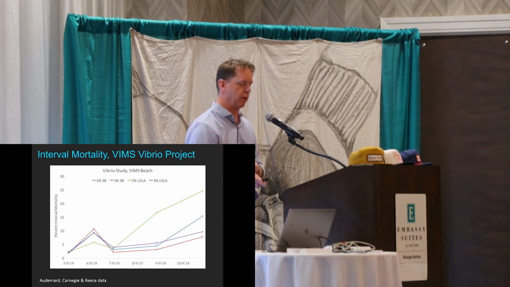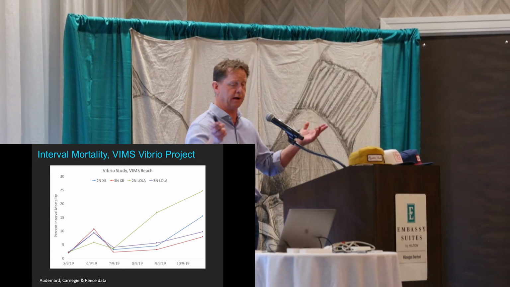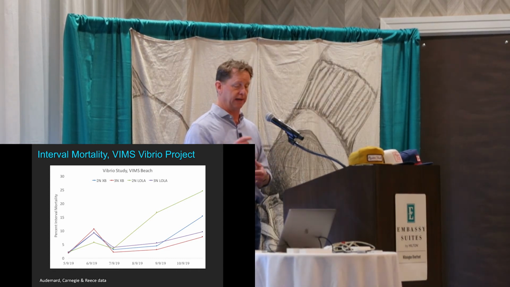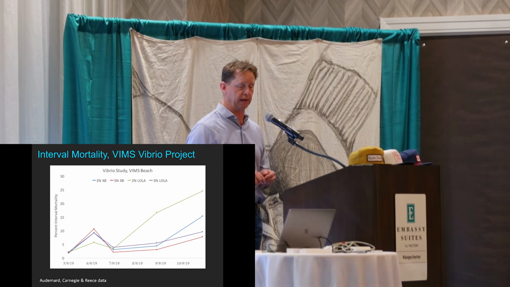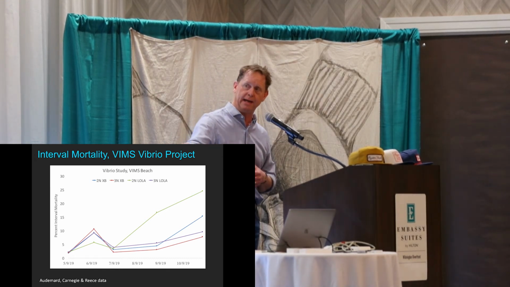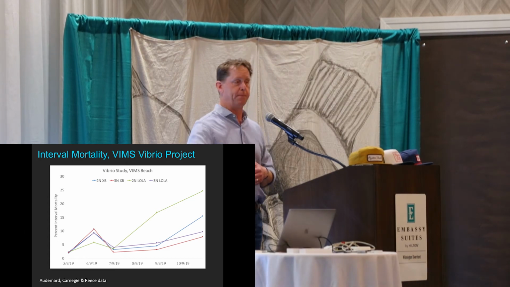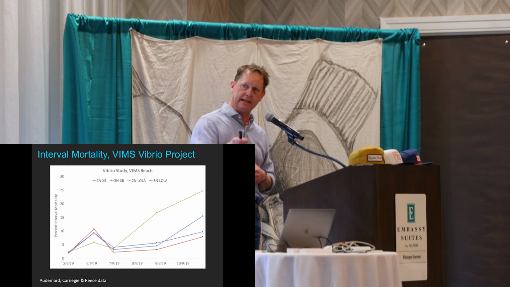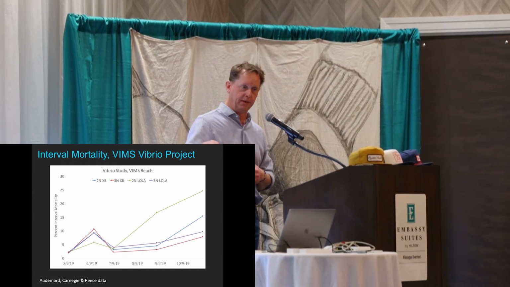Here's just a bit more data from an entirely different study that we've got running, looking at Vibrio and oyster reproduction in the York River, where we have 2 diploid and 2 triploid lines that are related. A diploid with a related triploid lineage and another one, 2 pairs. And again, in this experiment, we picked up a signature of this mortality event in the late spring that dropped